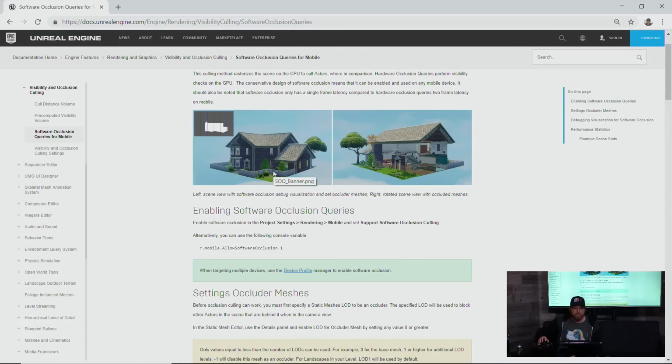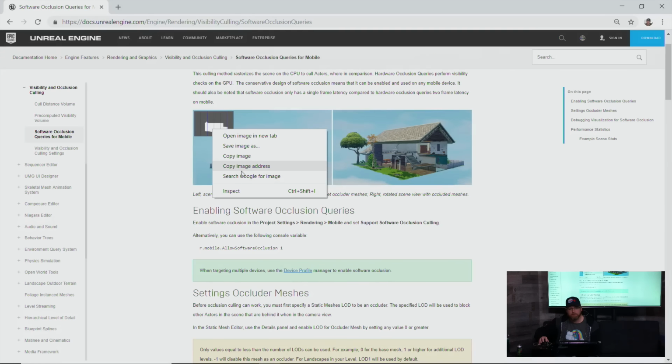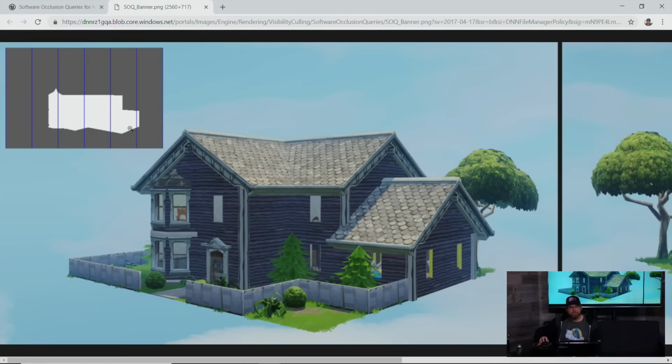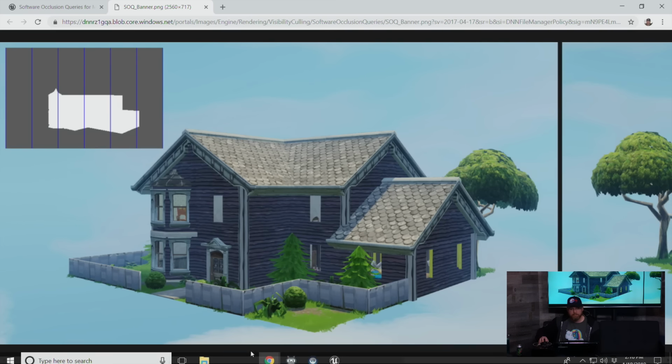Let me see if I can open this, because I know it's a bigger image. What it's doing is looking at the buffer here, and we mark different level of detail meshes that we want to use, and those are what are used as occluders in your scene.